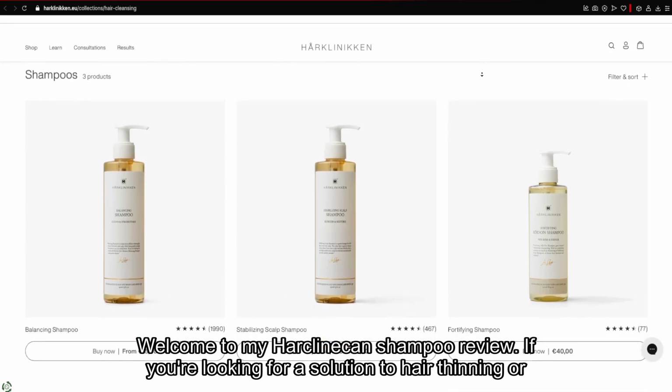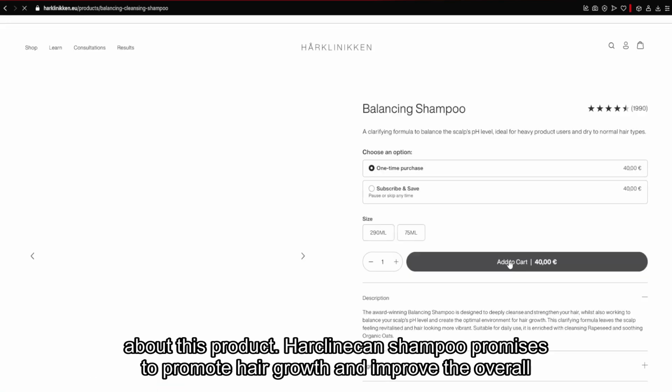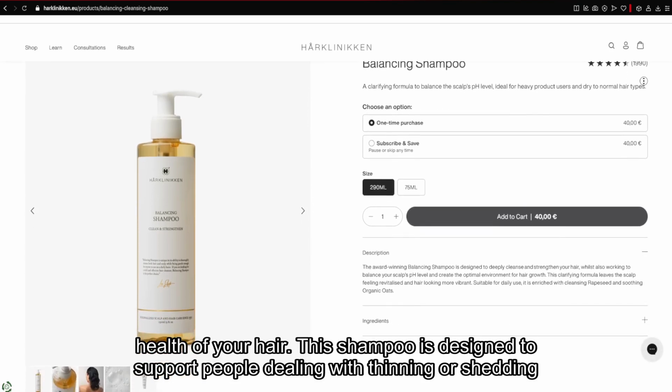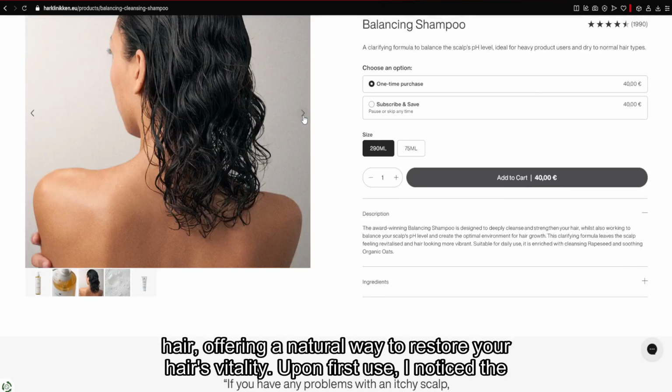If you're looking for a solution to hair thinning or loss, you've probably heard of this shampoo. Let me walk you through everything you need to know about this product. Hårklinikken Shampoo promises to promote hair growth and improve the overall health of your hair. This shampoo is designed to support people dealing with thinning or shedding hair, offering a natural way to restore your